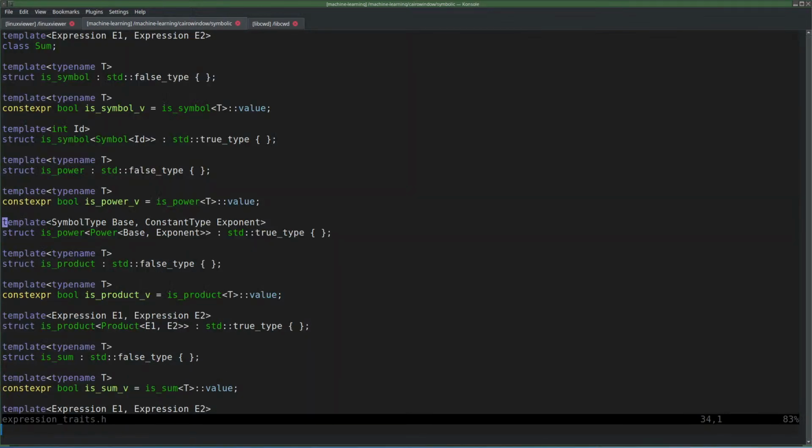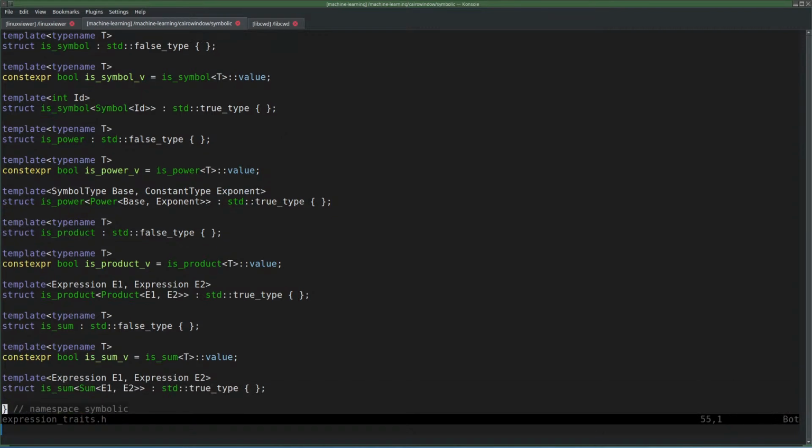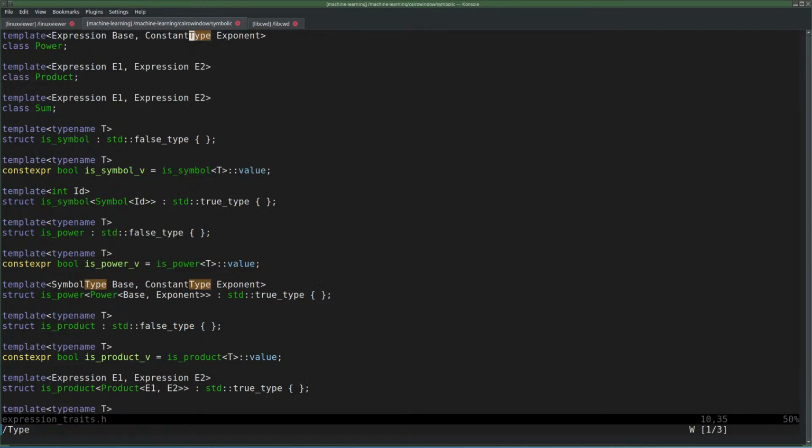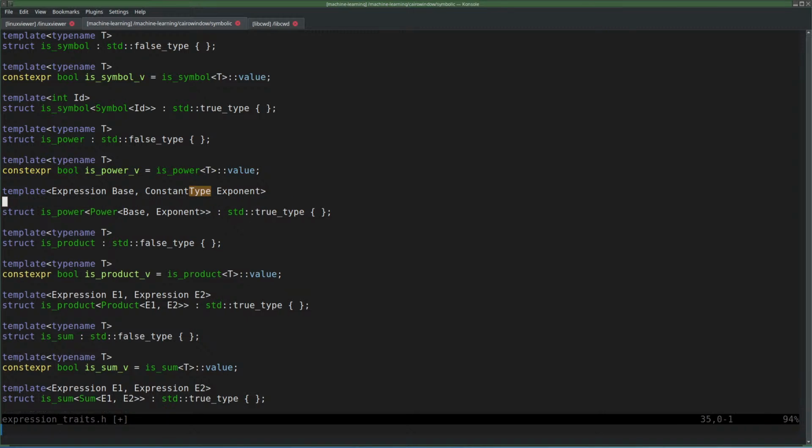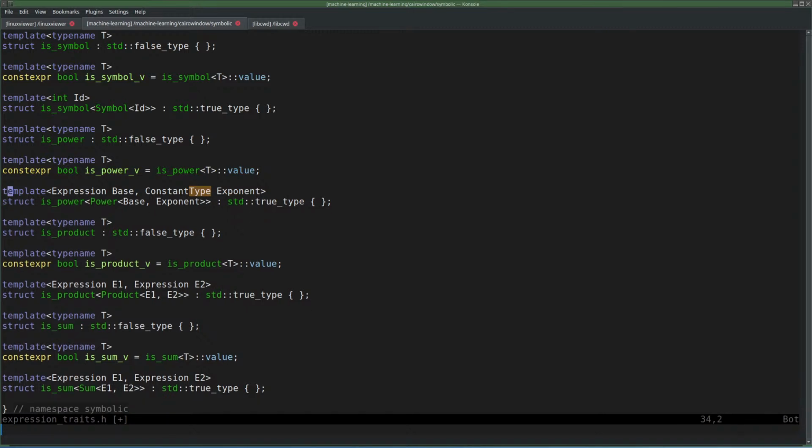Expression traits cannot use symbol type. But okay, that's not that much of a problem. Do we have another type here? What about a type? Symbol type, constant type. Nope. Just symbol type once. Okay. So I'm going to make that simply an expression, I think. And then add requires here, whatever. Doesn't even matter that much because